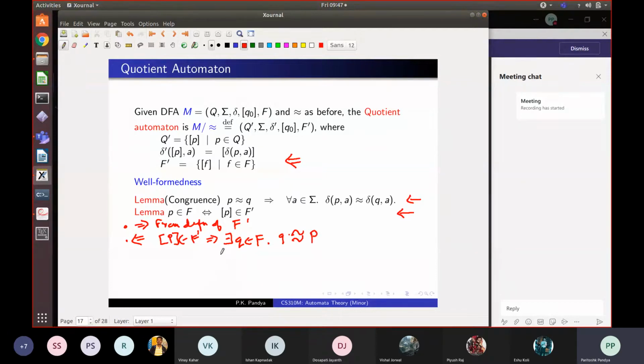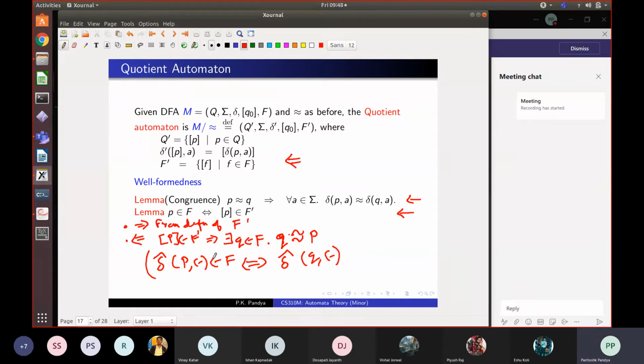Right? Since Q and P are equivalent, delta hat of P on epsilon will belong to F, because if they are equivalent, for every possible string they will take you to either a final state or a non-final state, if and only if delta hat of Q on epsilon